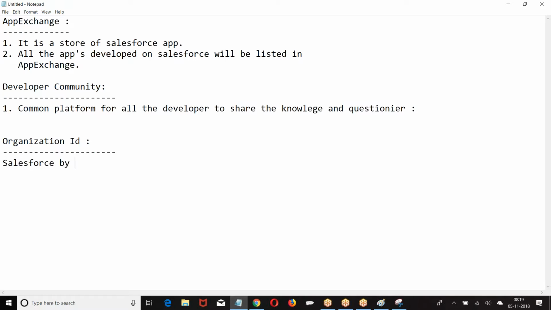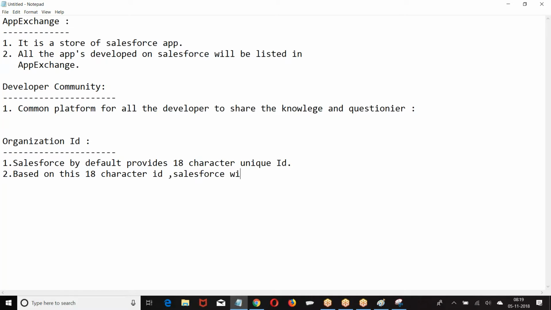Salesforce by default provides an 18 character ID.